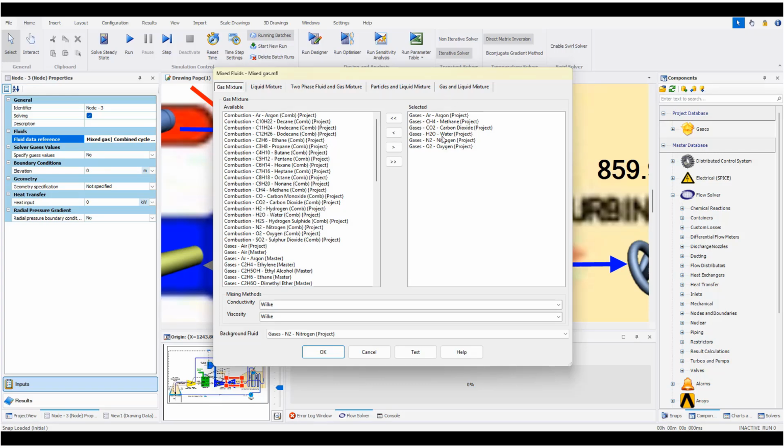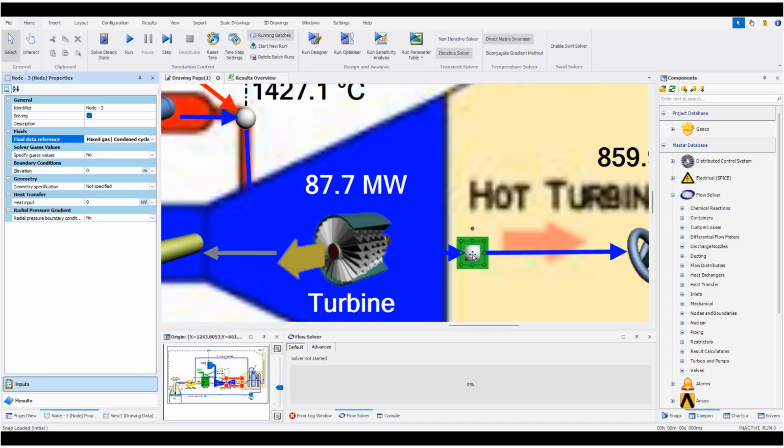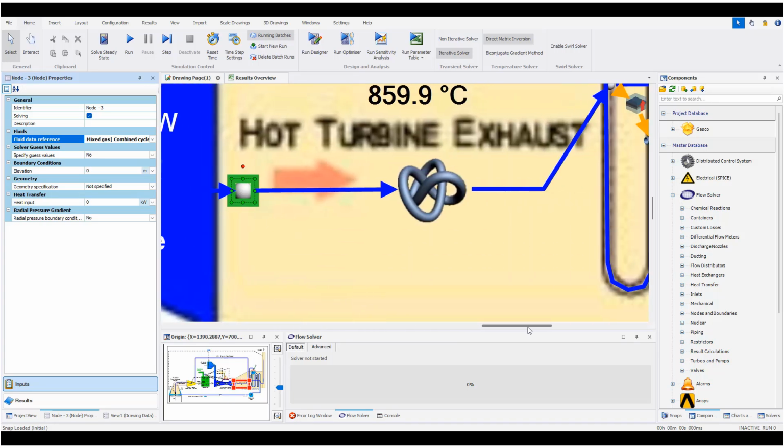Flownex, we have a variety of models for mixture. It could be gas mix, it could be liquid mix, and then a combination of the liquid and gas, or particle and liquid, that we have. So here, as you can see, we have a mixture of argon, methane, carbon dioxide, water, nitrogen, and oxygen. So we have one pipeline after the gas turbine, this product of the operating fluid from the outlet of the